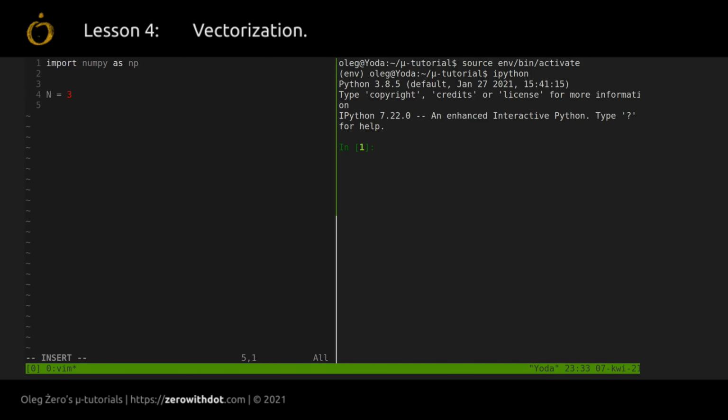N will be the amount of elements in each vector, and then to make those computations repeatable, I'm going to freeze the seed. So that function in line number 5 will ensure that every time we randomly generate numbers, they're going to be exactly the same. The first function we'll call the naive inner, and it will take two vectors as input, and